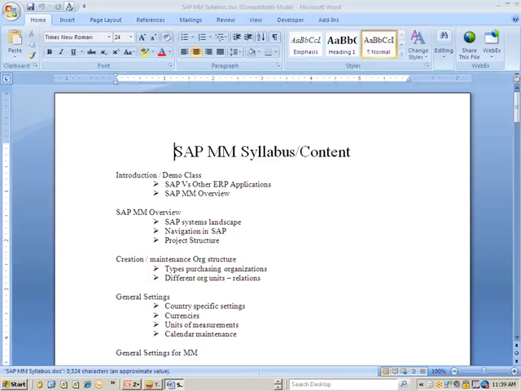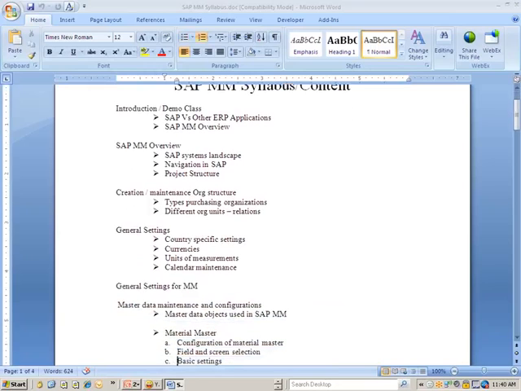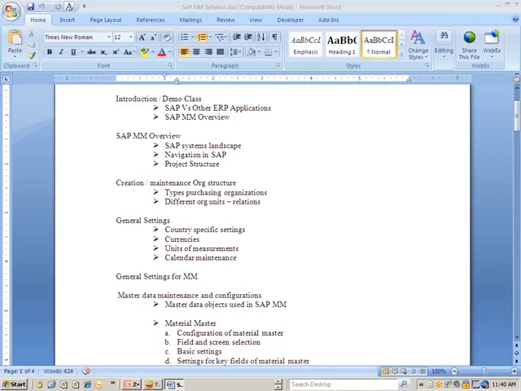Okay, so MM once again, we will go with system landscape, navigation in SAP, project structure. That's the first class, and then second class onwards we'll go with the maintenance of organization structure. It may take two days roughly, and then general settings, what you need to maintain in the general settings, and then general settings specific for MM module, that also we will do, and then the master data maintenance,